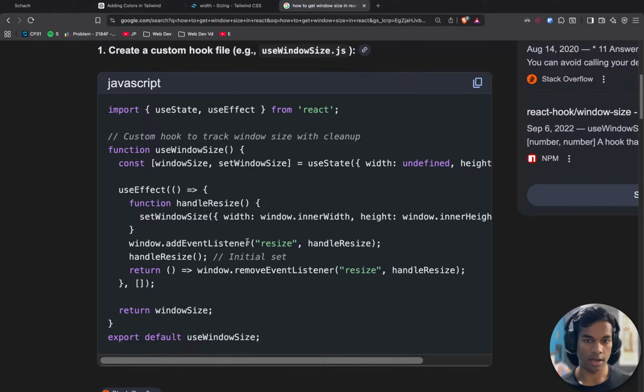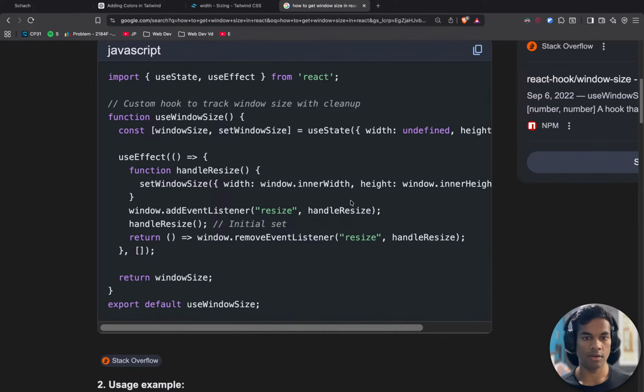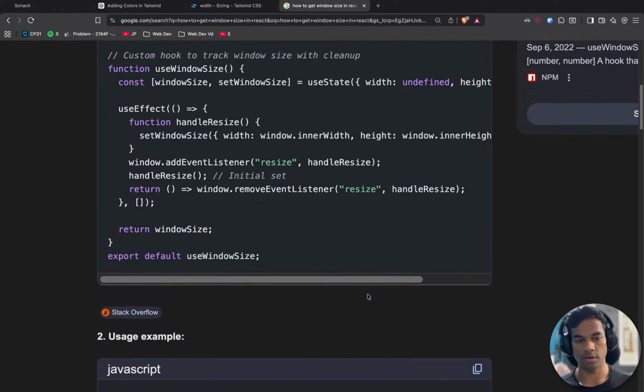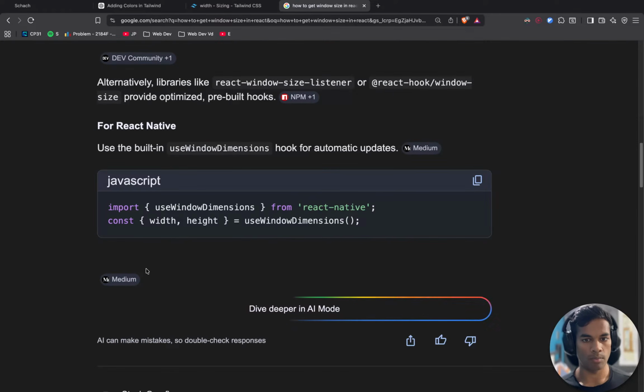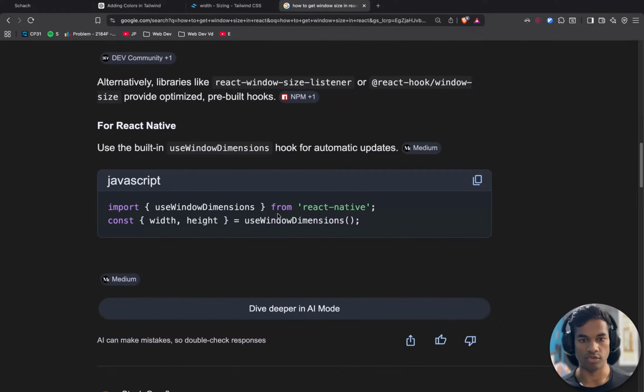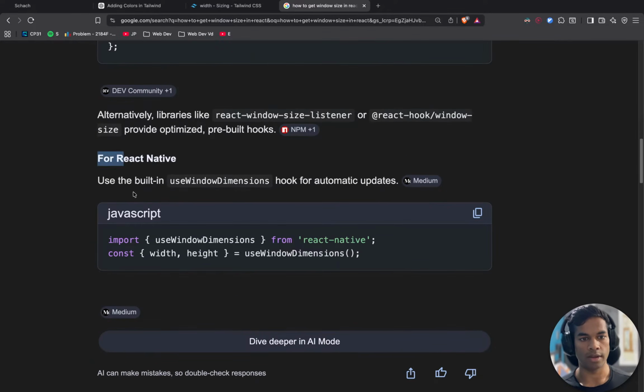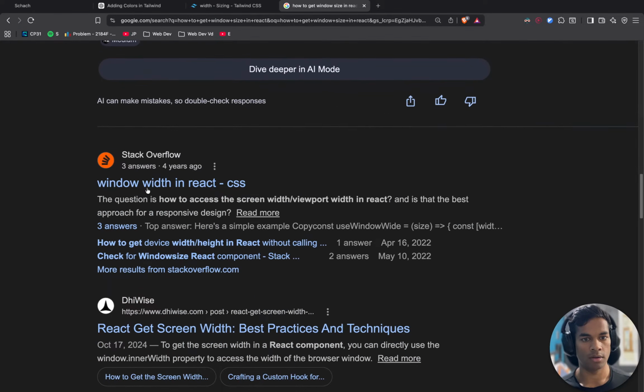Window dot add event listener, handle resize, and then we call handle resize. Handle resize just sets the things. Initial set, return window dot remove listener. See, example, no, not like this. Use window dimensions. For React Native, nope.